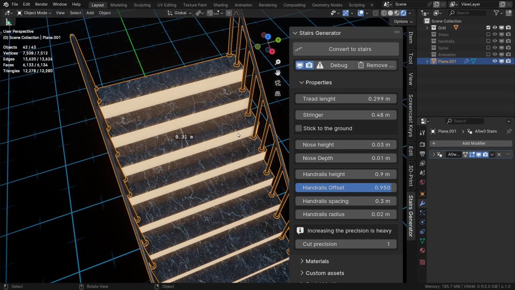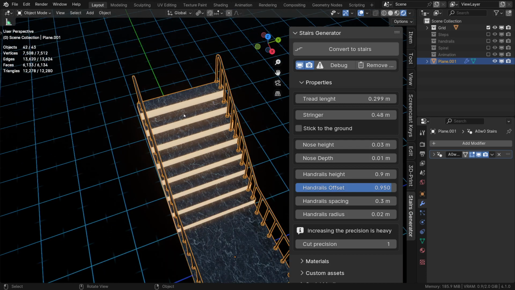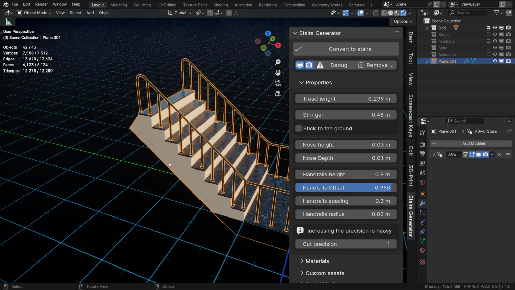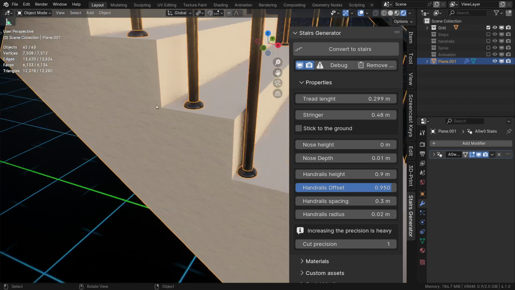Okay. So that's because of some float stuff in Blender, because the float in Blender is calculated to like 9 decimals or something like this. And when storing it in the code, it's going to be 12 decimals, I believe. I'm not pretty sure. Anyway, so for the stringer, let me just turn off the nose height because we want